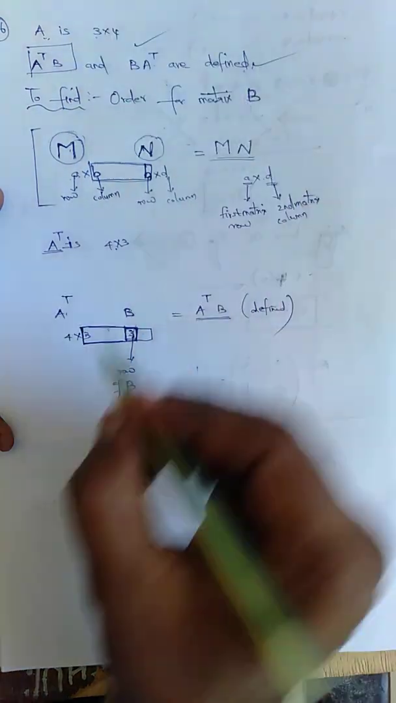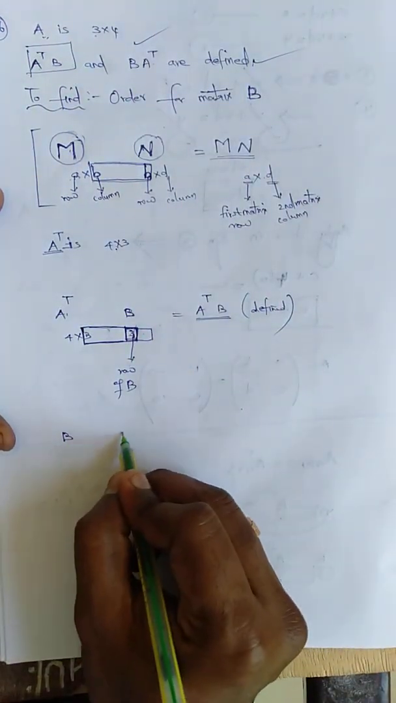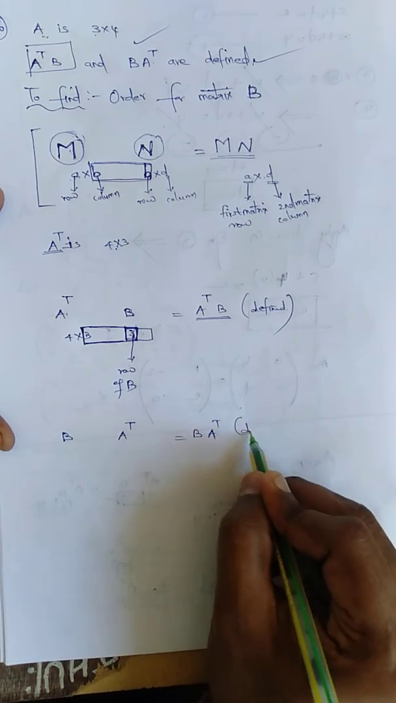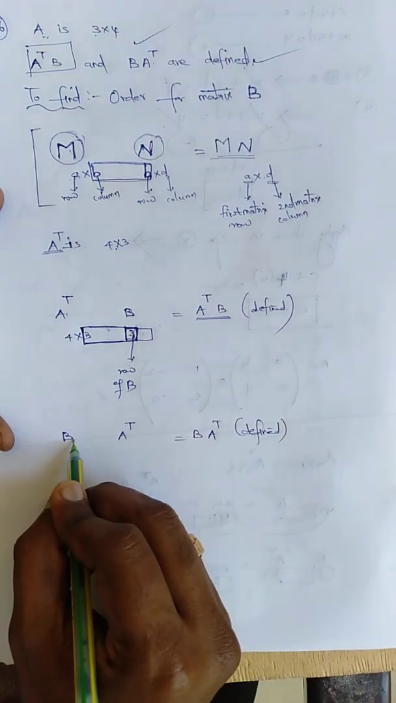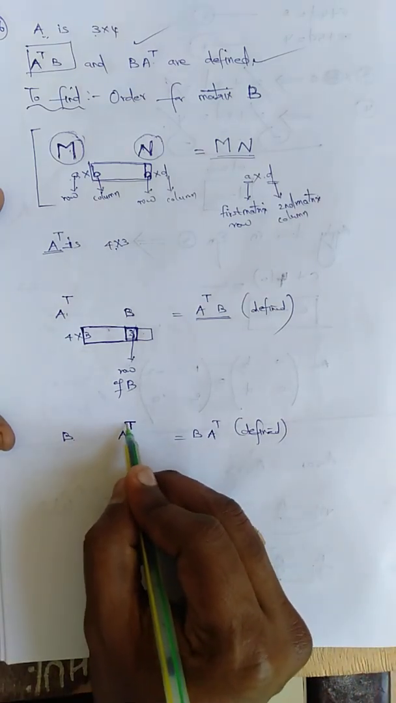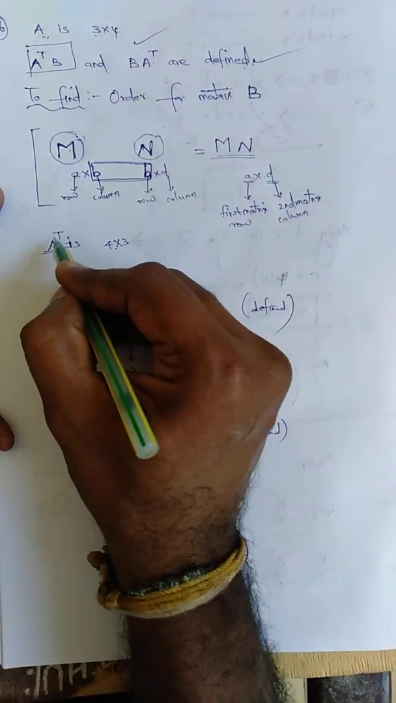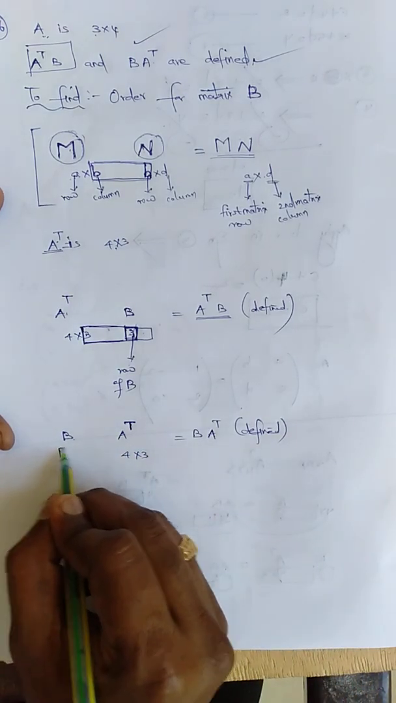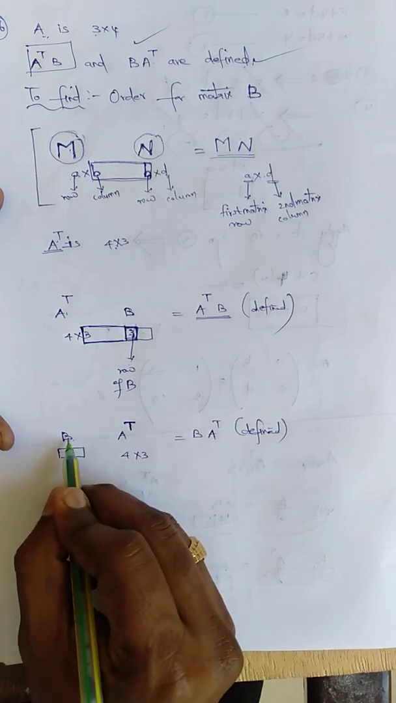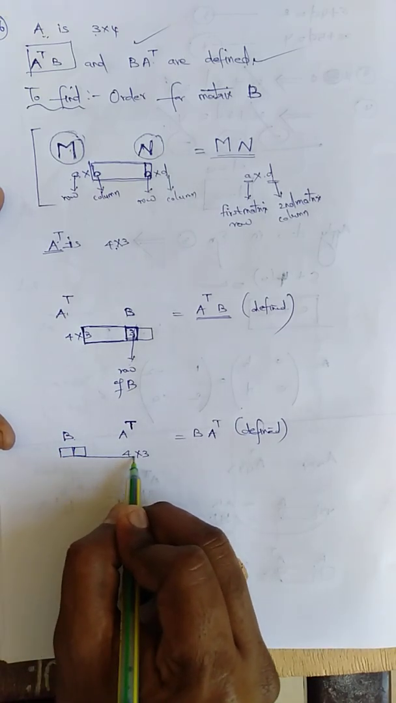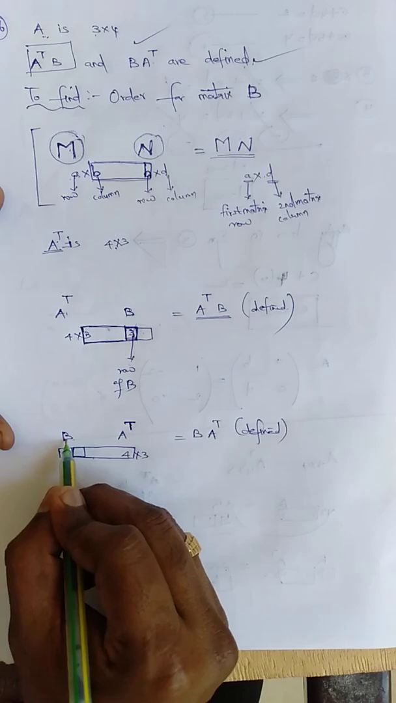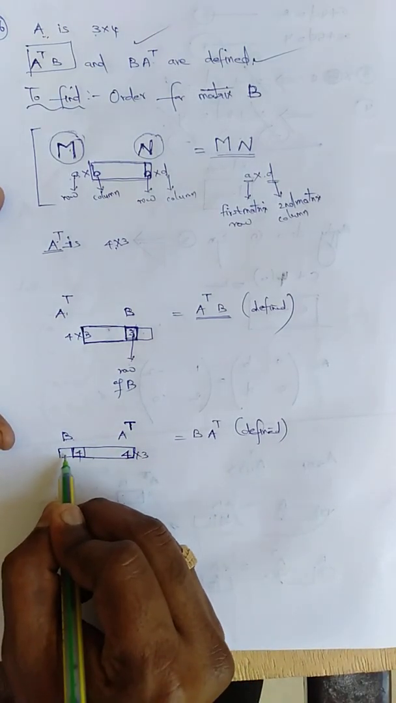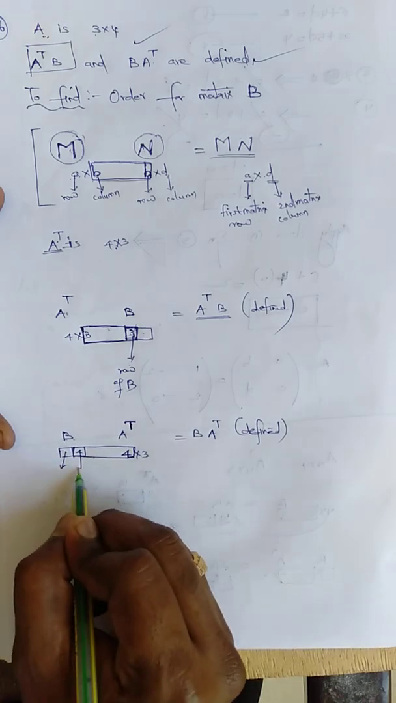For this I am going to take the other one, the transpose of BA. B into A transpose is also defined. I don't know the matrix B, but what is the order of A transpose? Nothing but 4 cross 3. We know the first matrix column and second matrix row should be equal. If this is 4, then this is also 4. So this will be the row, and this will be the column